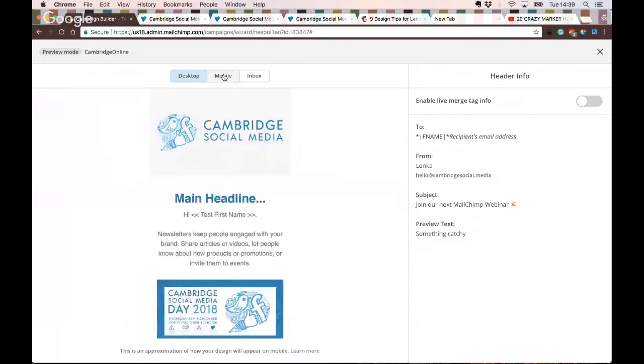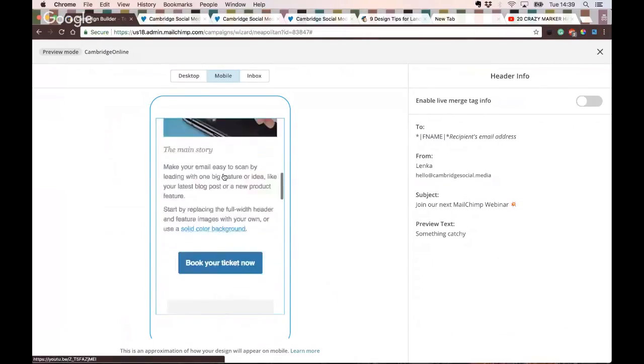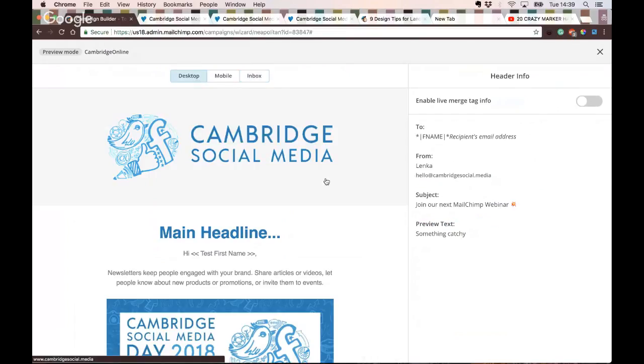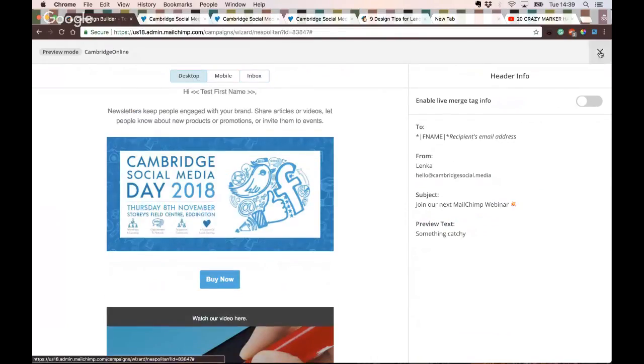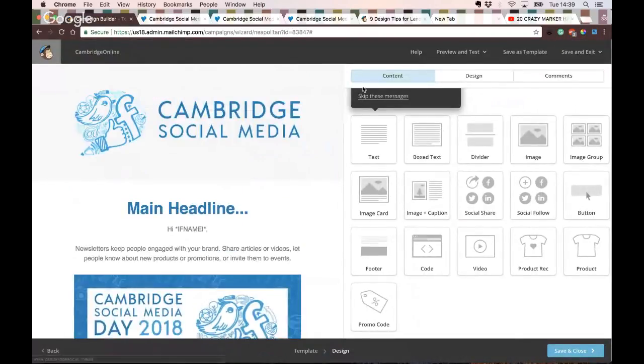having it there. You can also see how your email will look on mobile because lots of people these days will be checking their email on their phone. So you can see how your email will look on mobile. And you can also see the inbox preview in case you have a paid account, because otherwise you will not see it. So if you see a mistake in here, you can simply go back by using this cross, and you can go back to your editing and you can edit anything. Once you've edited and you feel like you are good to go, the email is good to go,